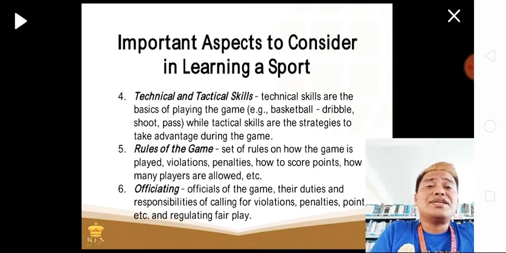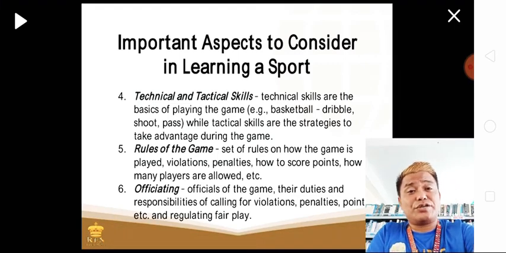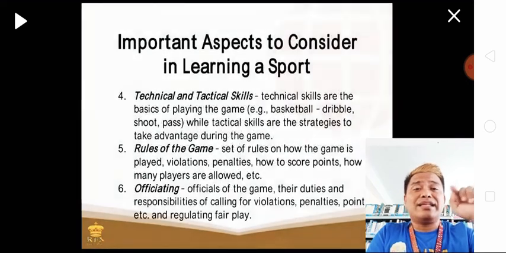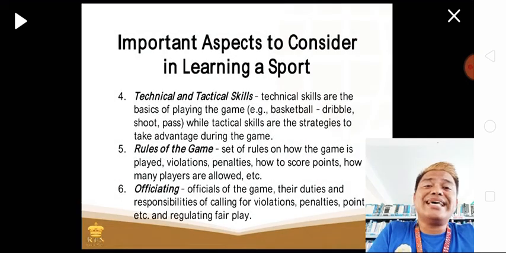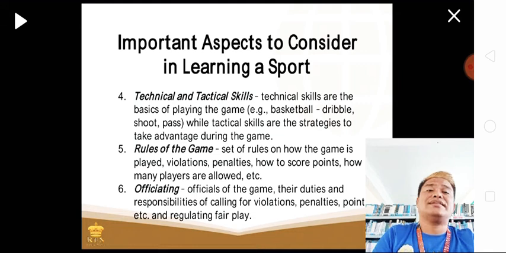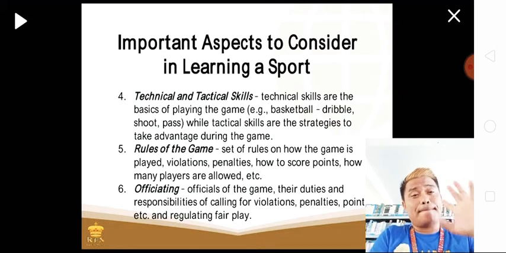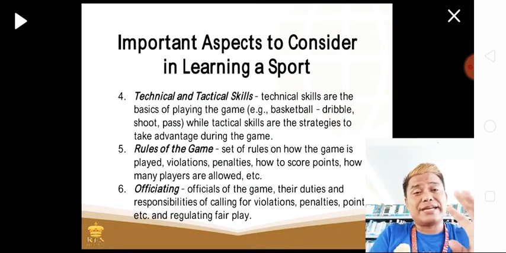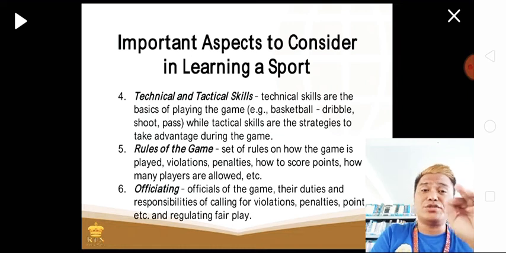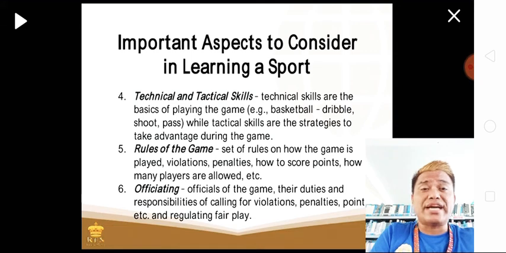important aspect to consider in learning sports. This is the continuation. Number 4, the technical and tactical skills. Technical skills are the basics of playing the game. So those are technical skills, yung sa basketball, dribble, shooting, pass, while the tactical skills are the strategies to take advantage during the